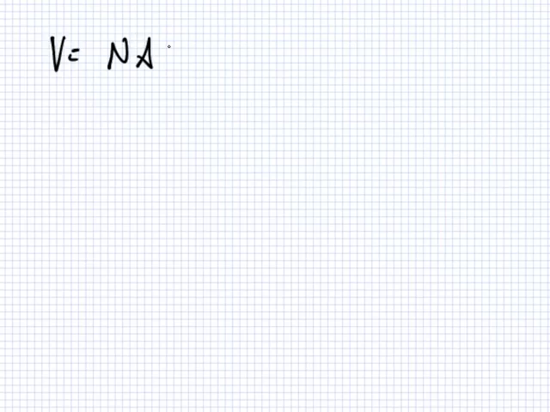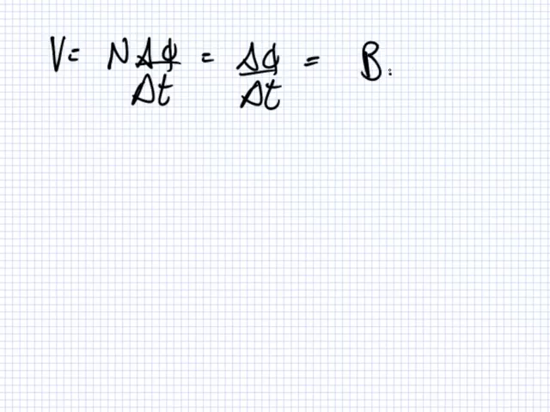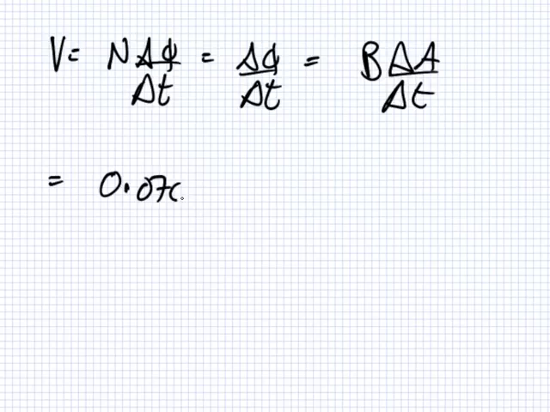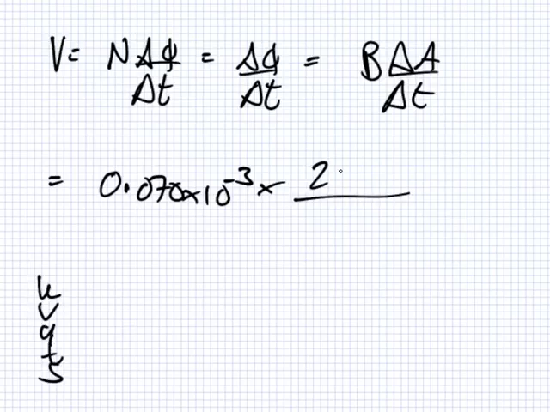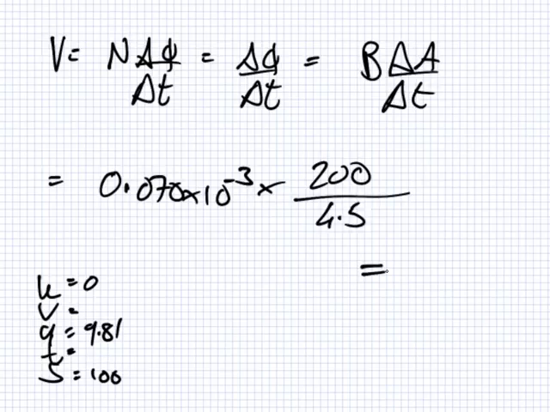Okay, what's the n here? 1. And what's changing here? Area. So what did I say the b was? 0.070 times 10 to the minus 3. And the time, did you work out the time using UVATS? The area is 200. 9.81, 100. Did anyone get the time? 4.5. What is this one? 4.5. So in the end, your answer is